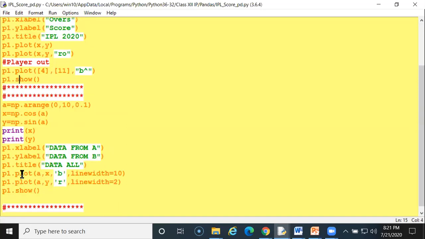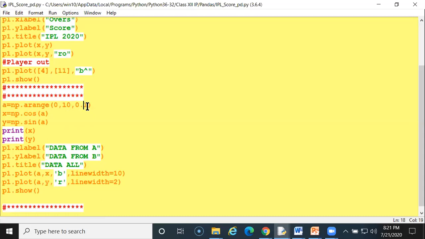Next I am using a equals np. Now I am calling numpy here. a equals np.arange. I am using the arange function in numpy. Beginning with 0, ending with 10, with a step of 0.1. The last value will be 10.